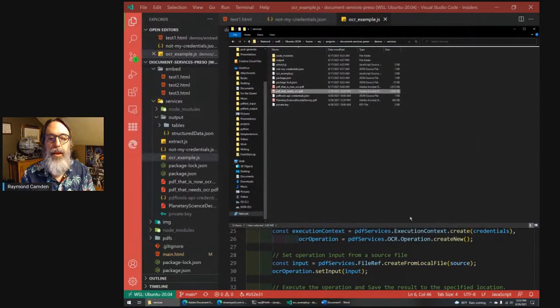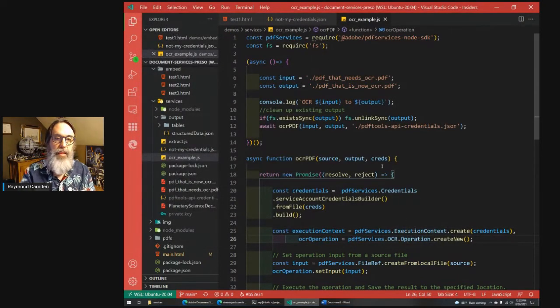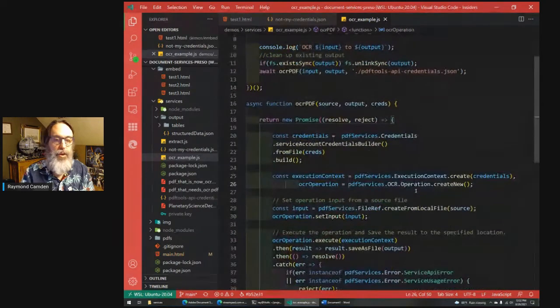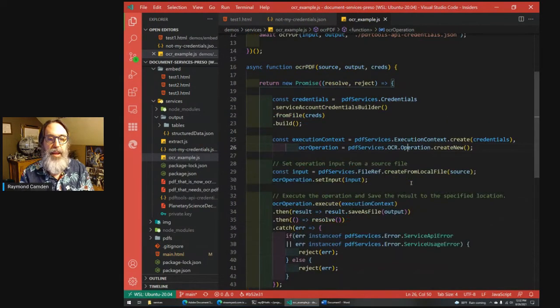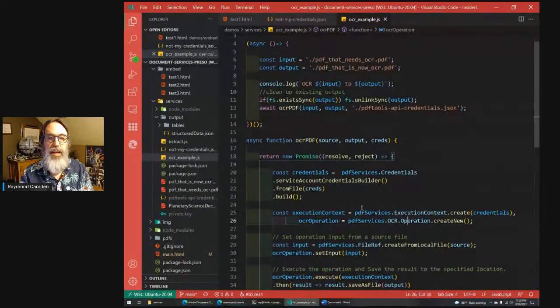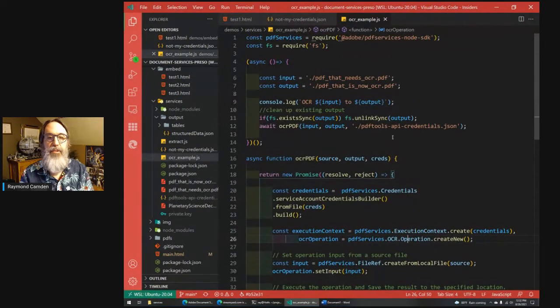Let's close it. So if I want to make that readable, I could use the code that I kind of showed on screen where I make credentials, I create my execution context, and then I simply run the operation. And in this case, I am returning it and saving it to output. And if we run this,